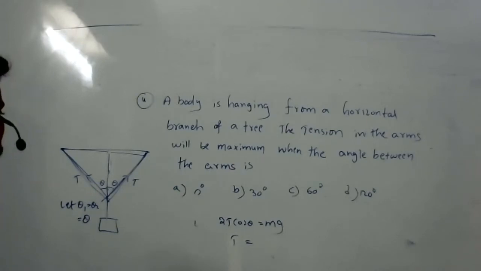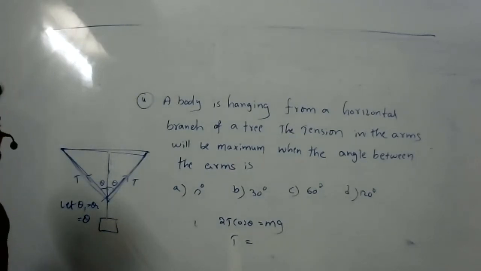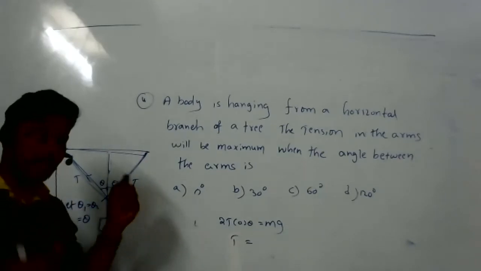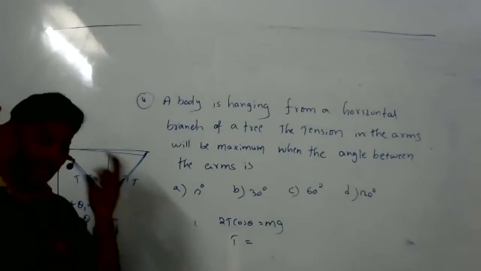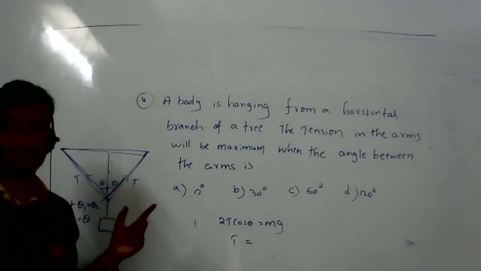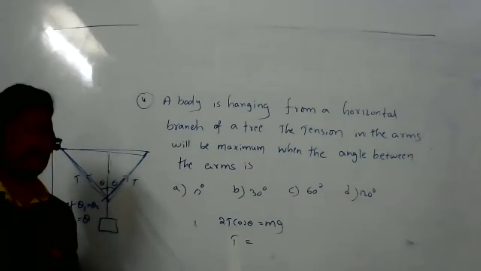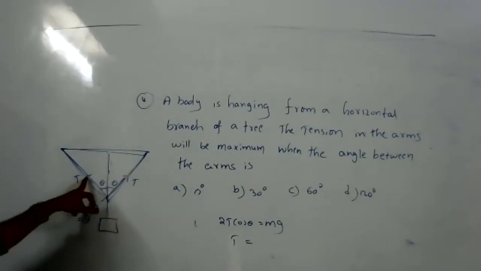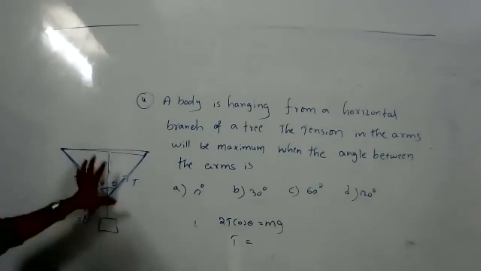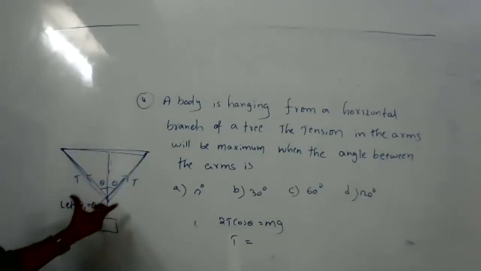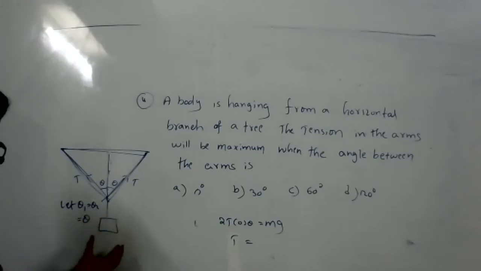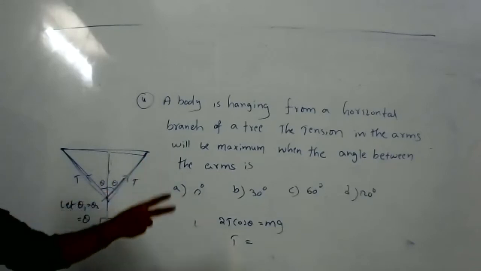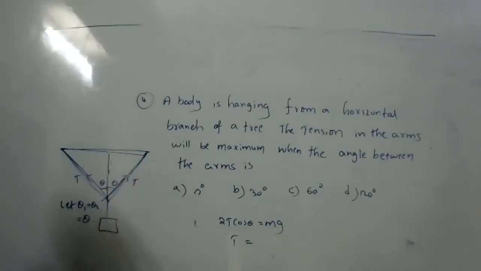The idea is that if there are 2 strings or 1 string, what is the position of the object? But here we can't say there are 2 strings. Why? Because tension force is equal, so 2 strings are same. That's why we have taken tension also equal. If I take tension, where is it written 2 tensions are equal, sir? Only one branch, 2 arms. Ends of the branch we have to take as arms. So the body is hanging like this, not because of only one arm, right? Arms they have given, so 2. We can't take as only 1.